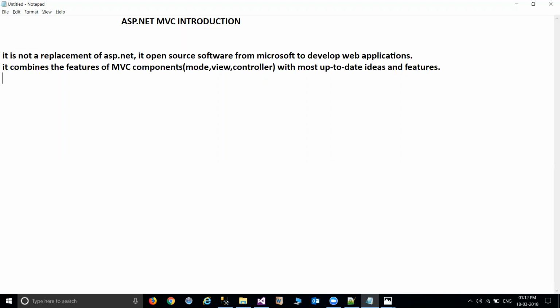So we can develop websites using HTML, CSS, JavaScript, and also .NET languages.